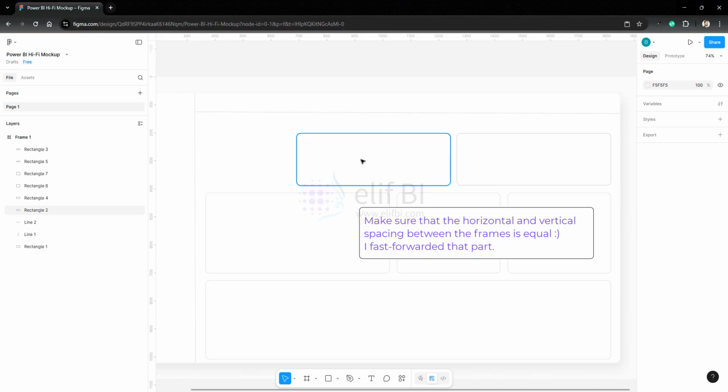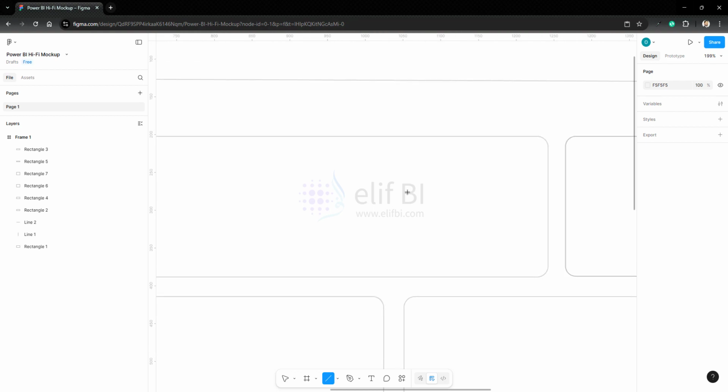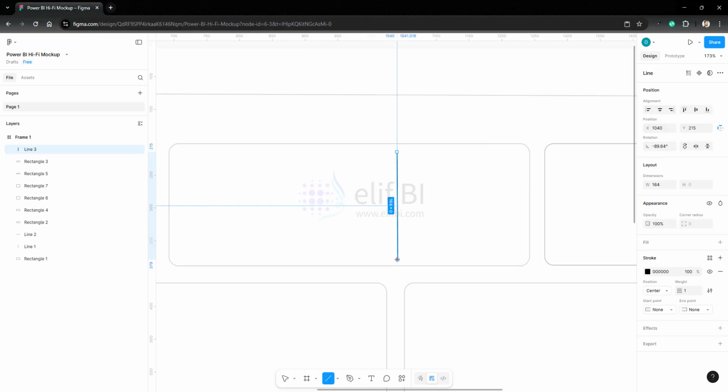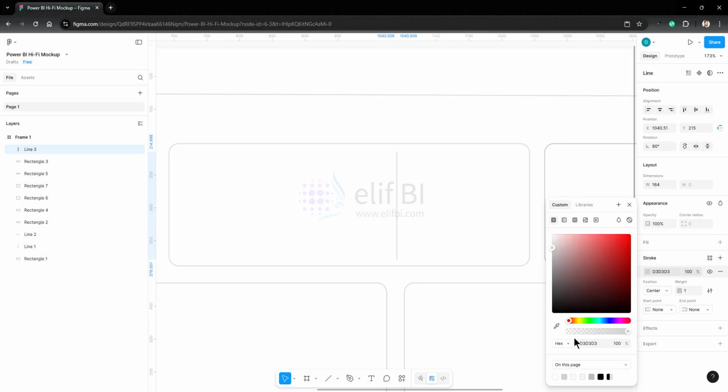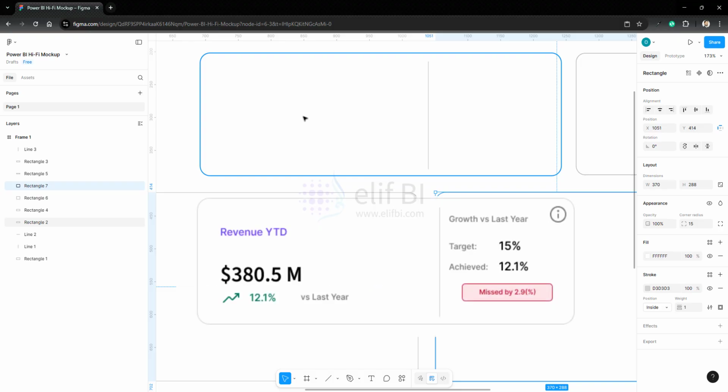Now we will focus on the first KPI, and we are going to bring in the line. I'll zoom in like this, and I am going to put a line here. This has to be 90. And then this would again be D3. Now we are going to build the mockup of the KPI, as you can see on the screen in the